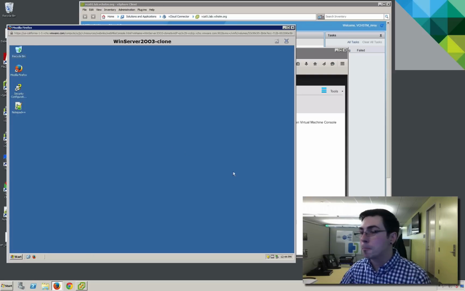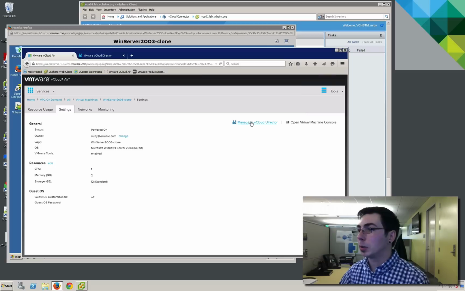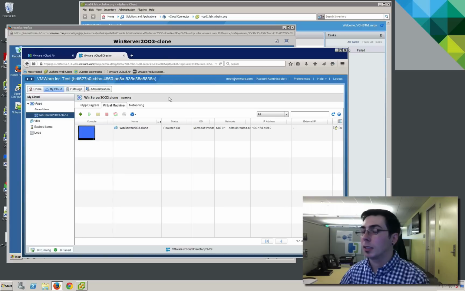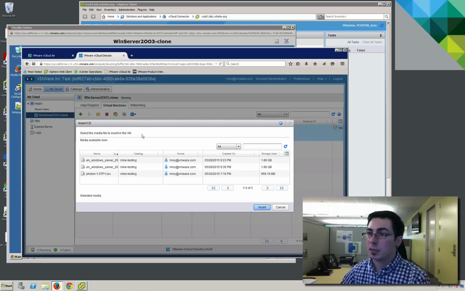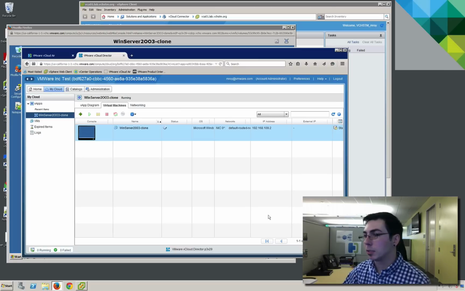Okay, so we're logged in, and we're seeing the VM here. So what we'll do is we'll bounce over to the Cloud Director, which takes us here, and it brings us to the VM. So you can see we've got our thumbnail here. What we basically just need to do again is just attach that ISO file. So we do that by selecting the disk here, and we can choose the ISO. So we'll insert,